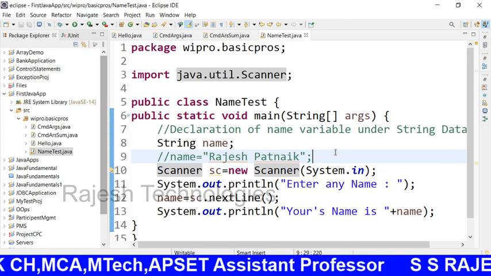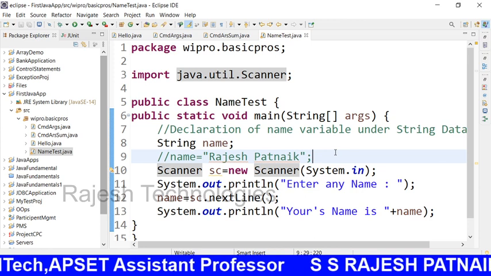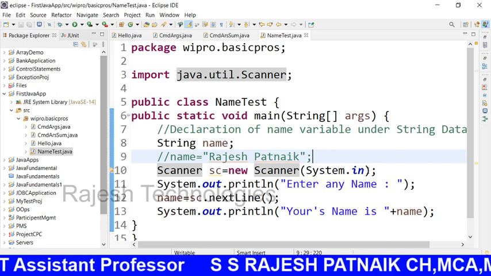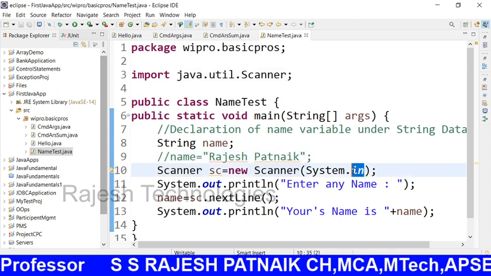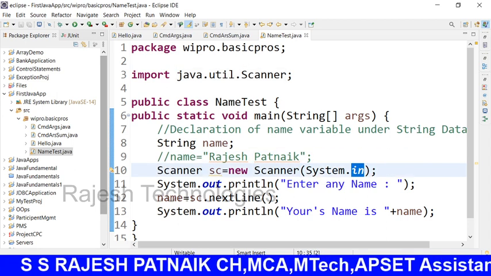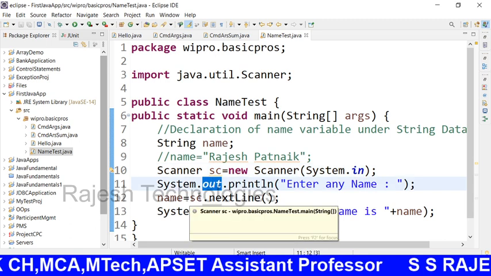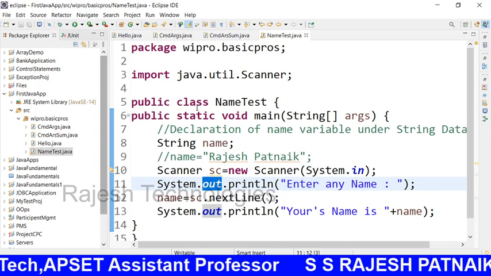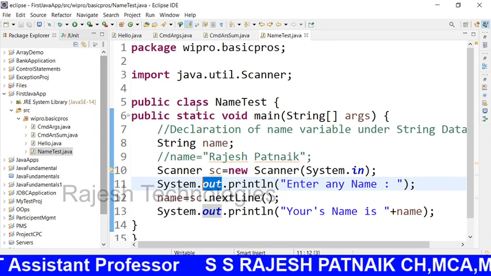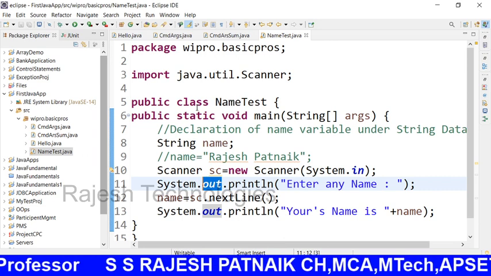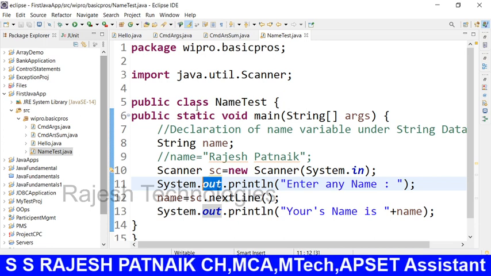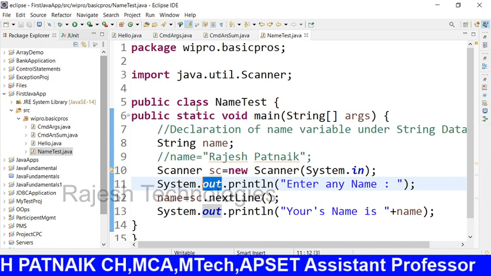So we have three different system objects. We can say .in is a system object. It refers to input. .out is a system object. It refers to system output. And we also have another thing, that is System.err. System.err will raise an error whenever we are making